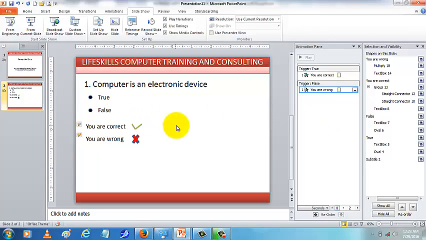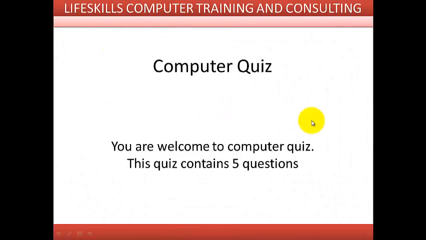So you are going to disable clicking, so that it can only move after you are through with that slide, when you are sure the student has tested whether he got the right answer or he got it wrong, and gets the feedback "You are correct" or "You are wrong." So I hope you get what I'm trying to say here. When I go to slideshow and I want to begin the slideshow, this is my first slide.